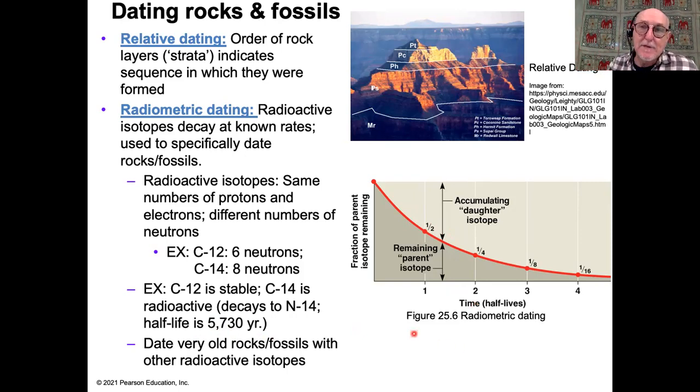But the same kind of principle applies to other isotopes, and there are other isotopes which we can use to date for millions of years. And these are the ones which are used to date rock strata, for example, particularly if the rock strata incorporate volcanic material, which originates from the center of the Earth, obviously. Then that can be used for other isotopes.